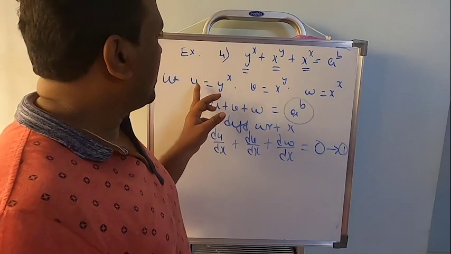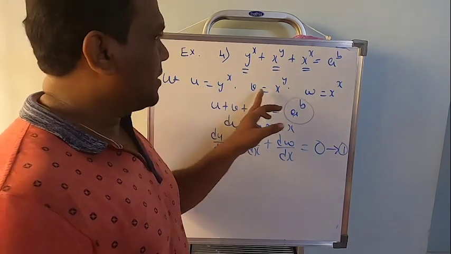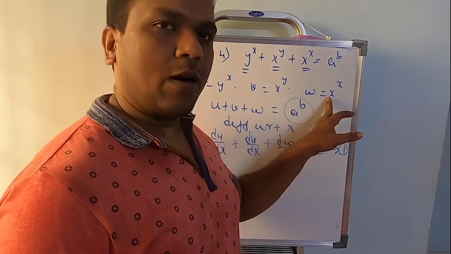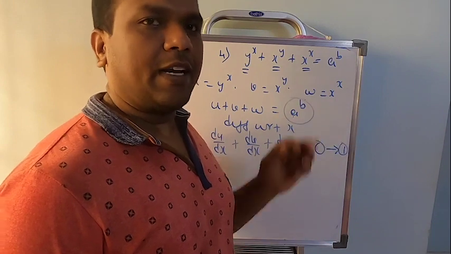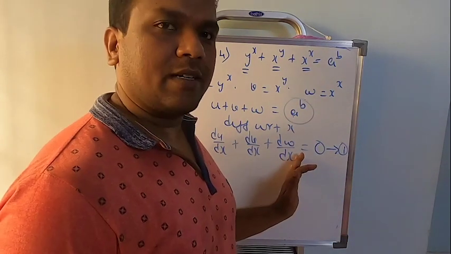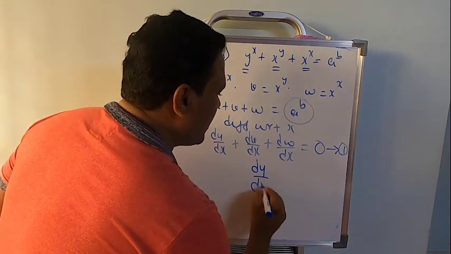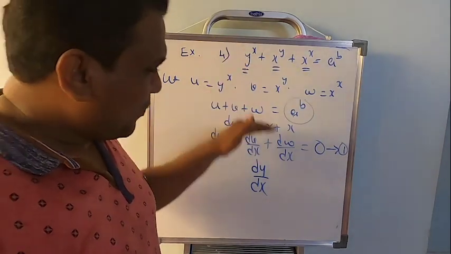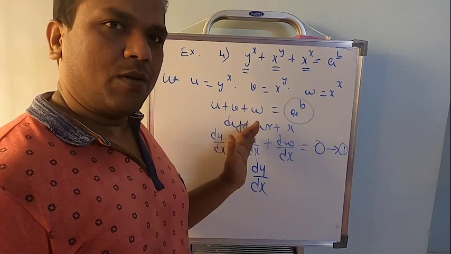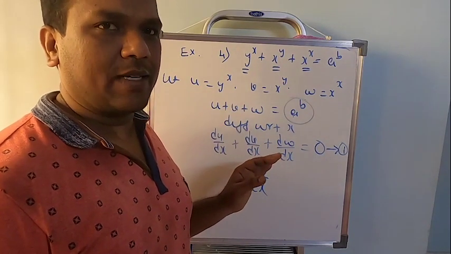So what you need to do: take u, apply log, differentiate, find du by dx; take v, apply log, find dv by dx; take w, apply log, differentiate, find dw by dx. After finding all of them, substitute in this and keep simplifying till you find dy by dx. It's a bit lengthier one, so I explain what to do. Please try out. If not, I will let you know in later stages how to solve this exactly.